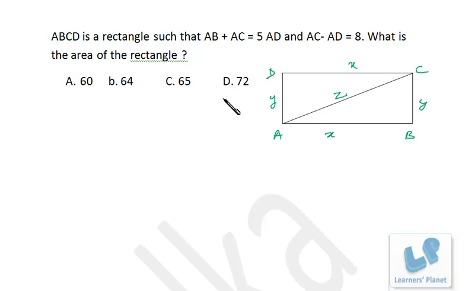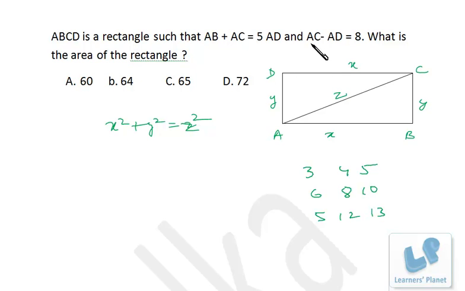Now look at the options. All the numbers are integers, right? That means definitely X, Y and Z will be integers, right? Now what? X square plus Y square is equal to Z square, definitely. Pythagoras theorem. Now instead of solving these equations, putting down the values in this equation and then solving, it will be taking too much time. So what you can do, see X, Y, Z will definitely be Pythagorean triplet, right? Now Pythagorean triplet must be 3, 4, 5, 6, 8, 10, 5, 12, 13. These are the basic Pythagorean triplets, right?